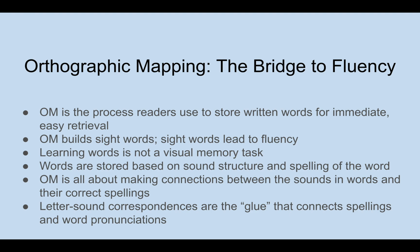A sight word is any word that can be recognized instantly and effortlessly, whether or not it's spelled regularly or does not follow spelling rules. We used to think that with enough exposures to looking at a word, it could be memorized. But thousands of scientific studies have shown that sight word development is actually not based on memorizing words by visual input. We know now that we store words in memory based on the sound structure of the word and the